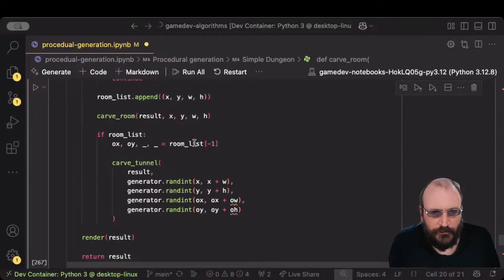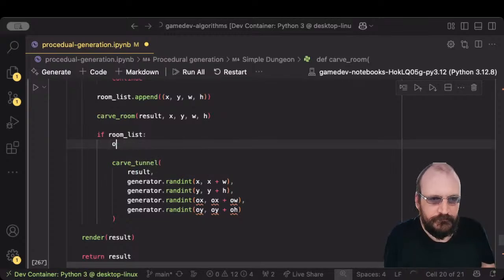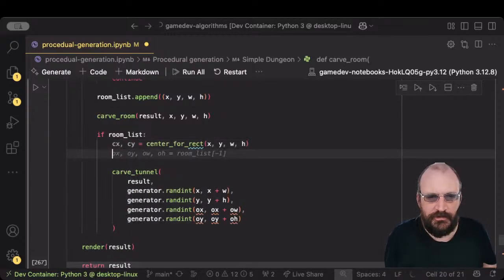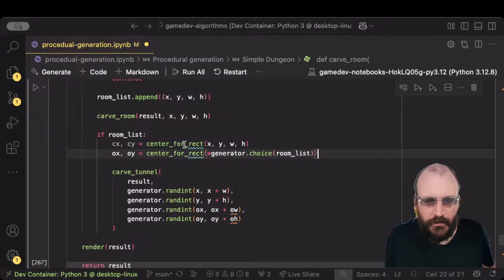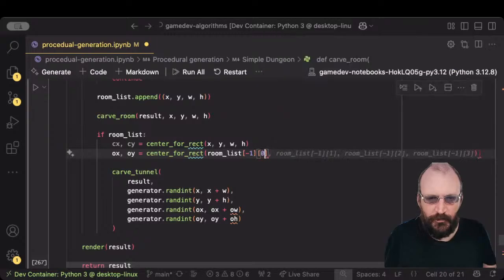So we want to go from cx cy is equal to the center of this, x oy is equal to the room list, the last item in the room list, and we want the